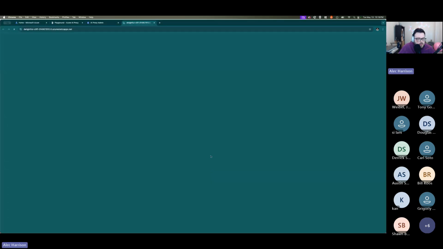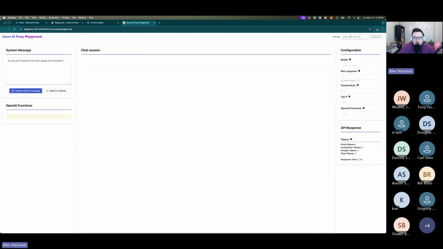So if we go to the playground, this is a playground. If you register for the event, it gives you an API key that you can then put up in here. You can then select any models. You can play with temperature, all that sort of stuff, and basically play with your own version of ChatGPT, or whatever model you put behind the scenes, right? If you use a DALL-E model, there will be a vision tab here too that you can generate images.